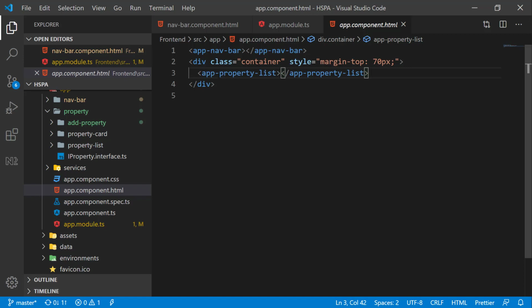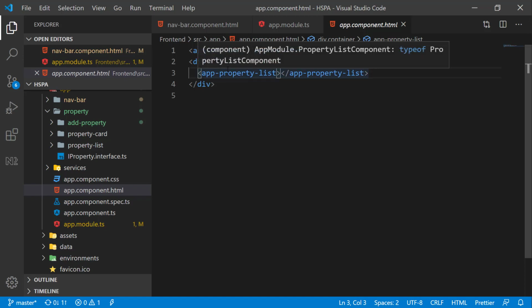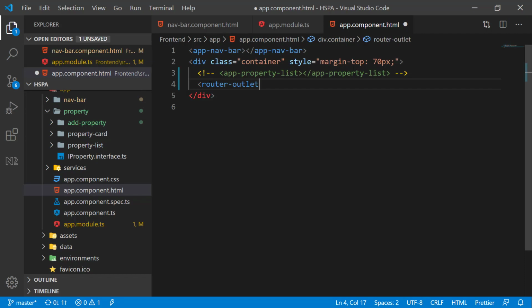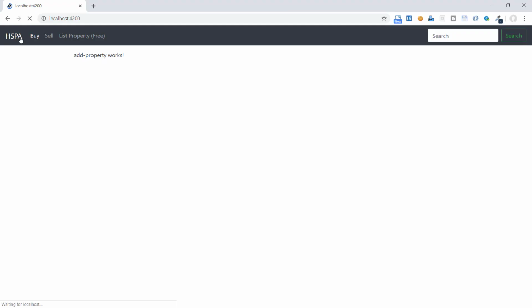That will take care of loading different components inside this app component automatically. Let's comment this line and add a router-outlet here. You can see our application has stopped loading our list page because we have not defined what component to be loaded for the home URL. We will do that shortly.